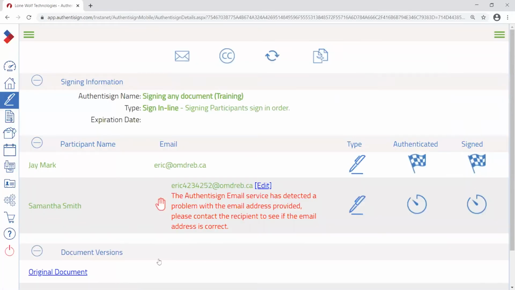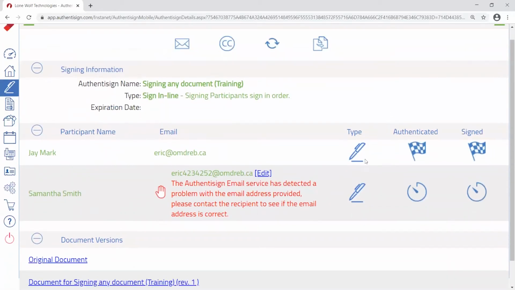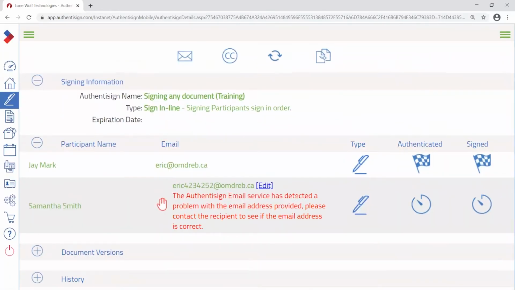In our case though, I'm just going to hit close. We're not going to make the change ourselves. It's just so that you could see that it's there. But this does really cover all those different parts that we were looking to see. Of course, the rest is pretty straightforward. As soon as we make this change, we would expect that email to come in much like how it came in for Mark. And when Samantha completes her portion, just like that, that's both of our participants,